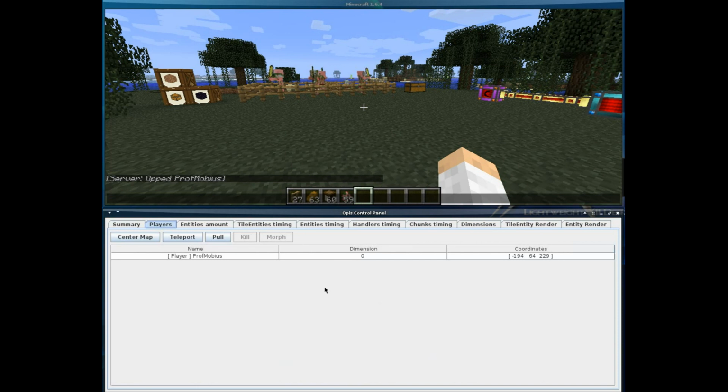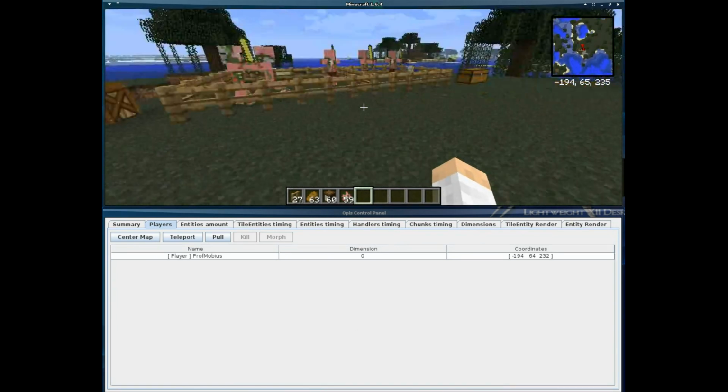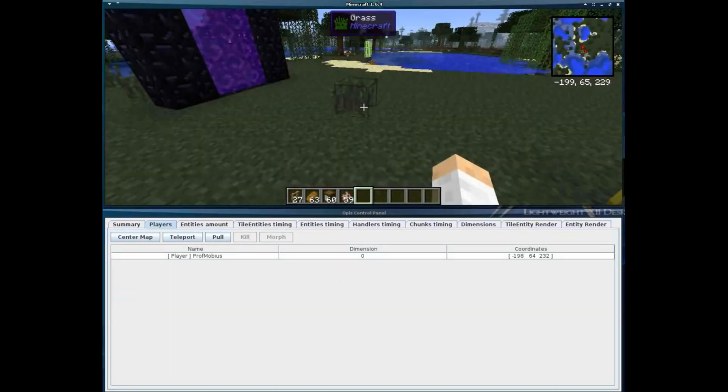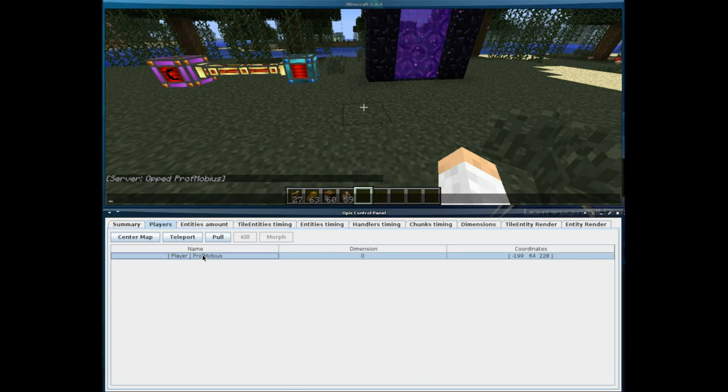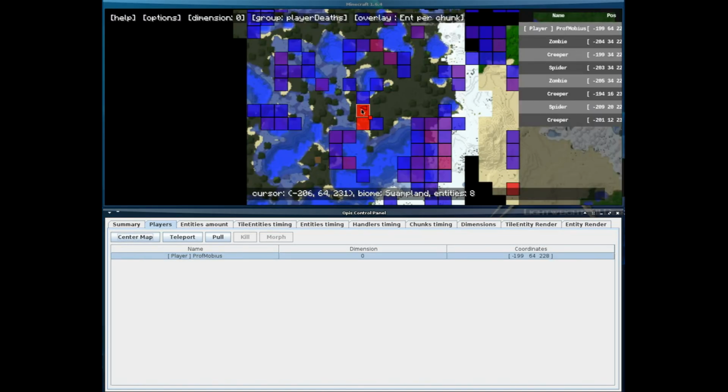The next tab is dynamic. This one is always updated in real time. So as you can, if I start moving along, you can see that the values are changing as I'm moving. It shows the players on the server. You can center your map on the player,